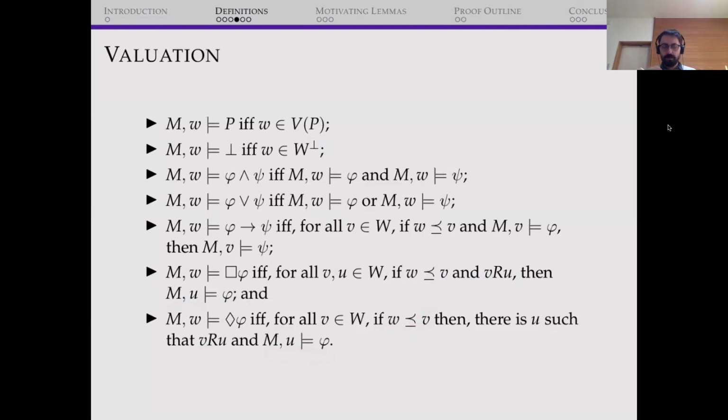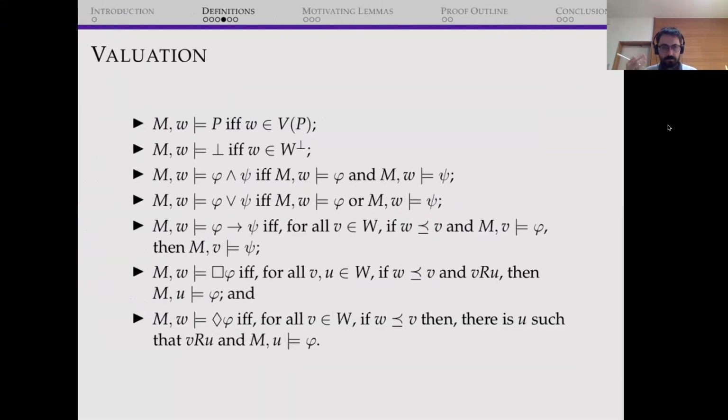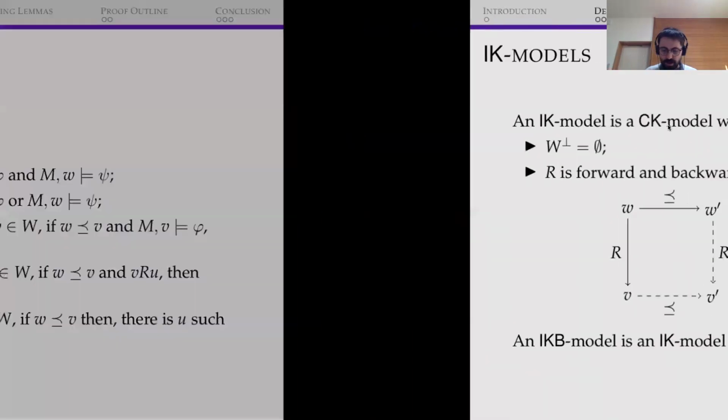Usually on intuitionistic first order logic, when you want to look at the existential quantifier, you don't need to look up and then look to the next stage. But here you do need to do it. You cannot just look at one stage and then ignore it. So there may be somewhere modally accessible which satisfies something, but the diamond of the thing does not hold in the world we have at the beginning. So the definitions are like this for the valuation. So now I want to define the IK model.